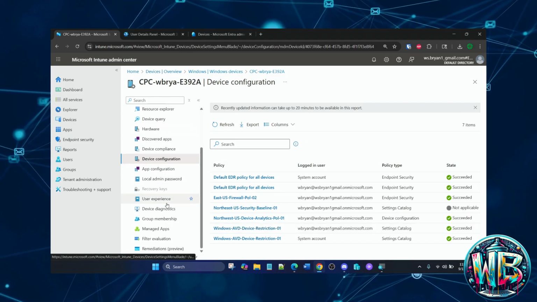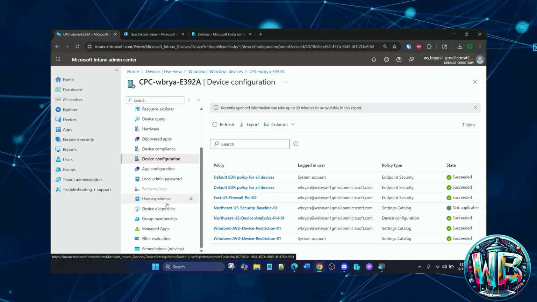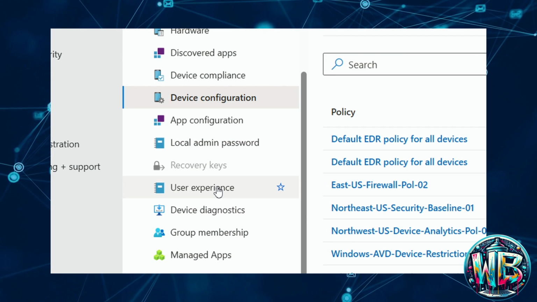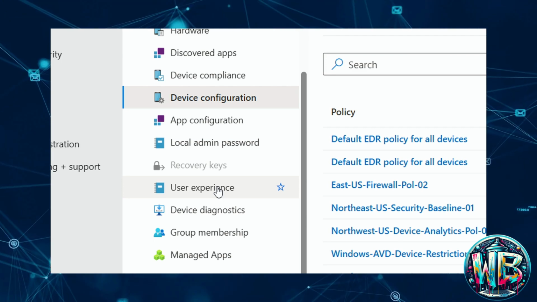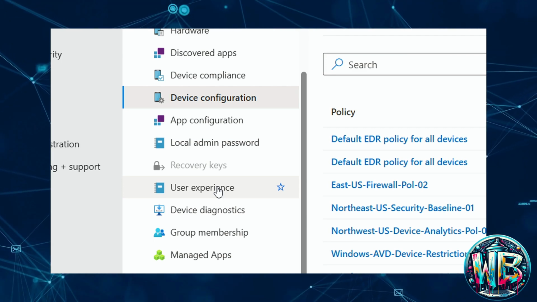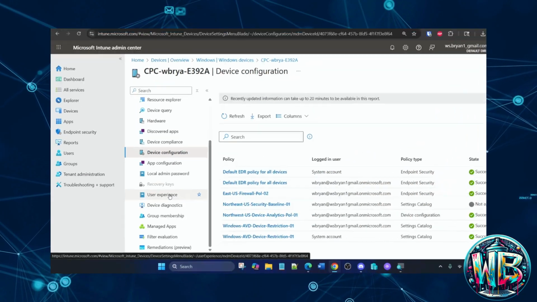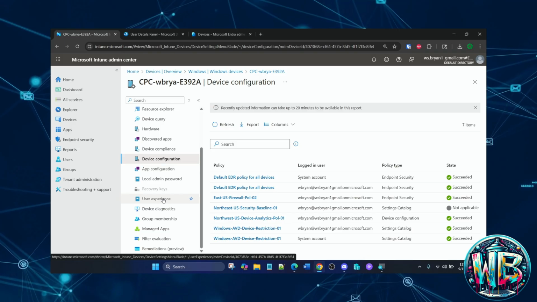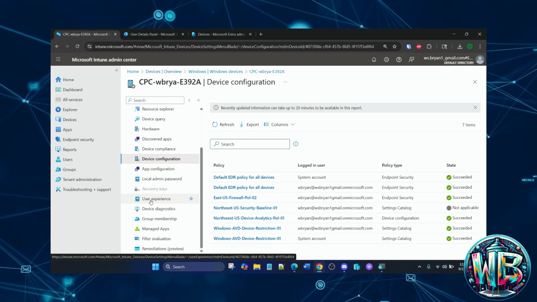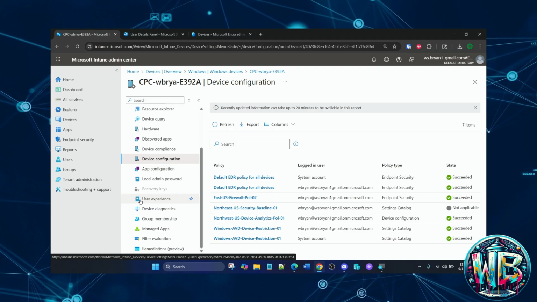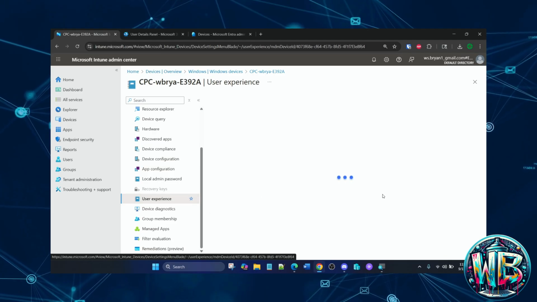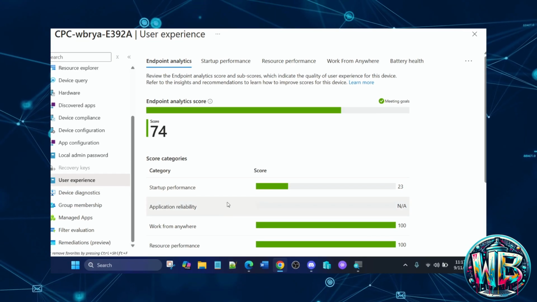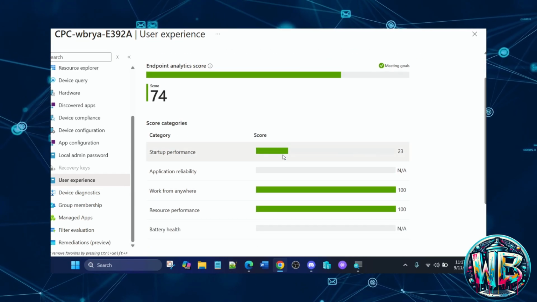We can also look at one of the things I really like about this, which is the user experience, right? Remember, you want to make sure that we have a decent user experience when you provision your cloud PCs. Again, keep in mind that we do have a lesson on provisioning your cloud PCs and enrolling them inside of Microsoft Intune. But if we choose user experience here, it gives us the ability to do exactly what it sounds like, right? Notice our startup performance. We can get what are the,